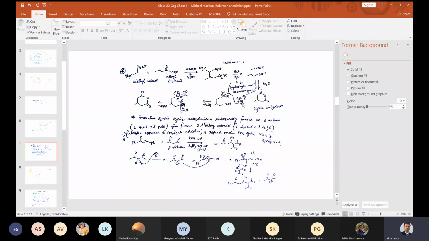If we take acetic anhydride, one of these OH will attack this one and get acetyl. So here you remove one acetic acid molecule, then intramolecularly one acid will attack here, another molecule of acetic acid will be removed, and you get this anhydride. So basically you take two molecules, this compound and acetic anhydride, and you make three molecules: two molecules of acetic acid and one molecule of the product. So here the entropy is increasing, which favors formation of this cyclic anhydride. Got it clear?